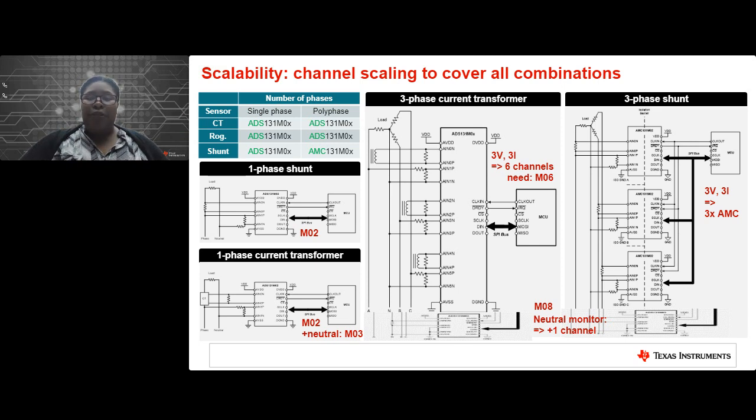However, when we go to the 3-phase shunt architecture, you'll see that we do need that additional phase-to-phase isolation, which you can see in the different chips here. However, we do also need that power isolation as well. So this is what we have kind of in this line that is being provided by the AMC131M0x